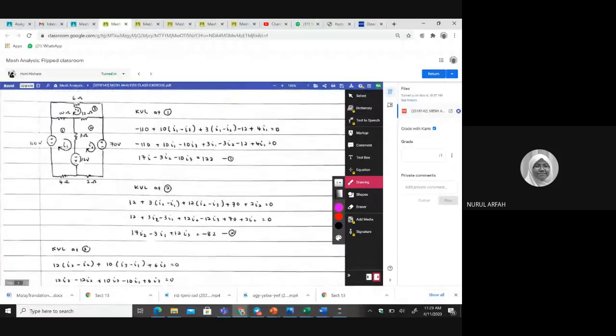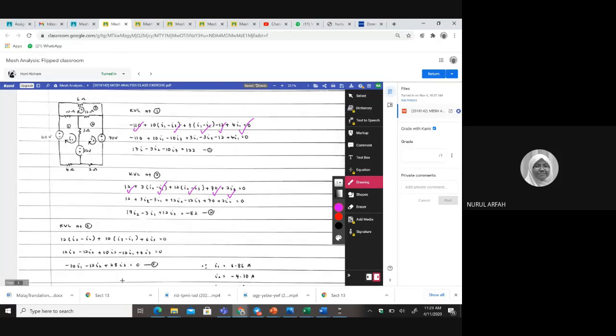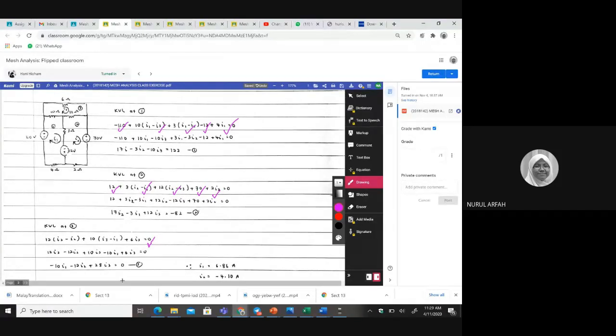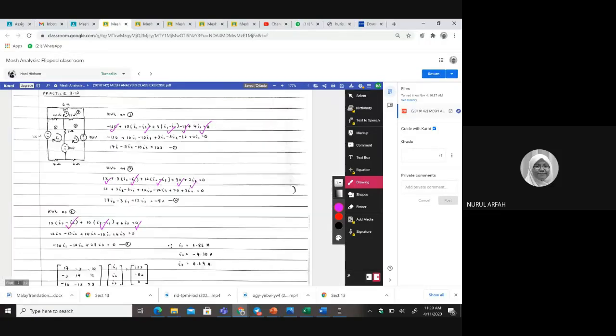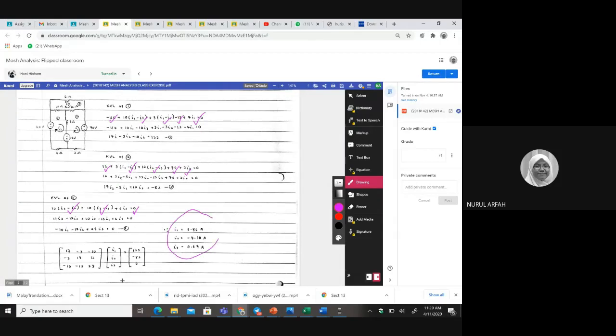Okay, this one correct. This one correct. This one, yes. This one, yes. This, okay, good. 12 here. And then you have 3, I2 minus I1, yes. In this one, 12, I2 minus I3. And then plus. Okay, good. And at 3, you have 6 there. And you have 10, I3 minus I1 and 12, I3 minus I2. Yes, all correct. And you're supposed to get this one maybe correct. But I didn't verify the answer.